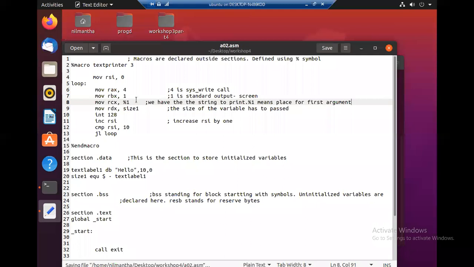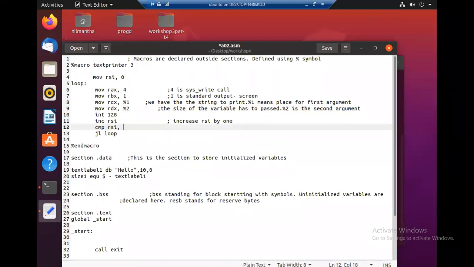So this is the first argument, and size is the second argument. So it is %2. %2 is the second argument. Right, and at last we have to pass the number of repetitions that we expect.